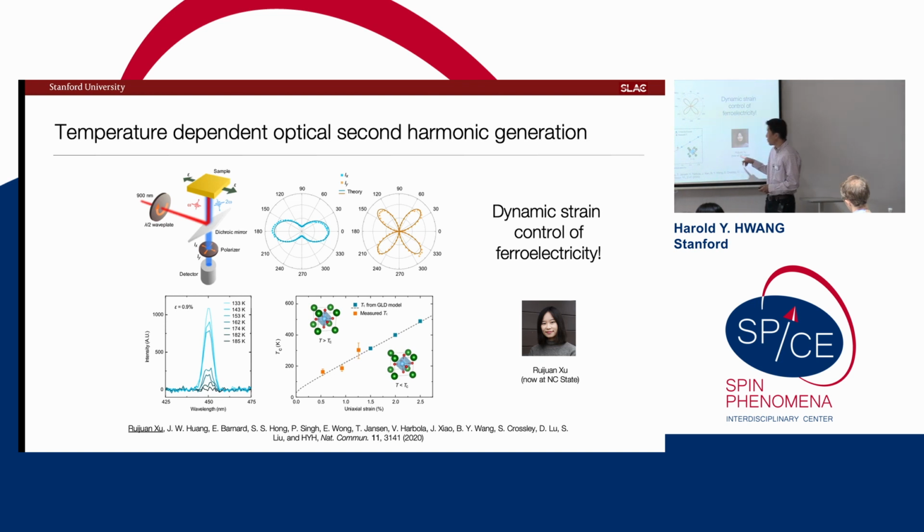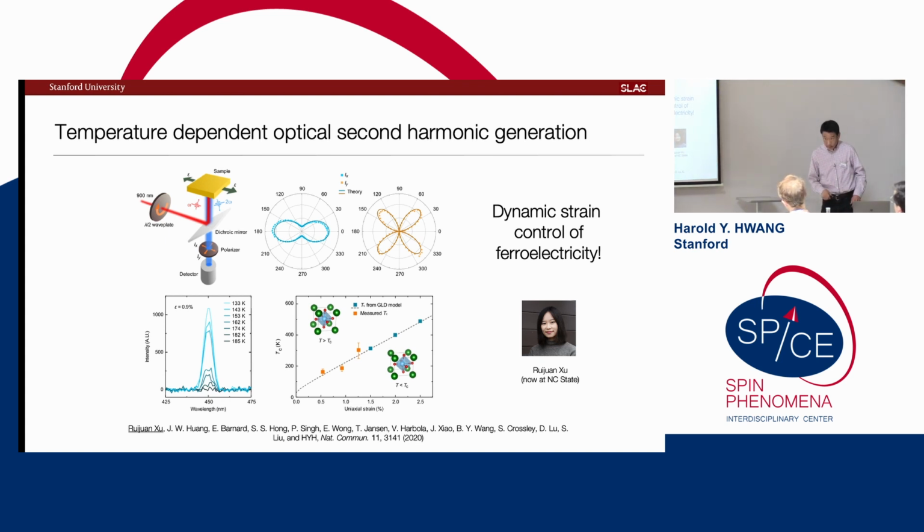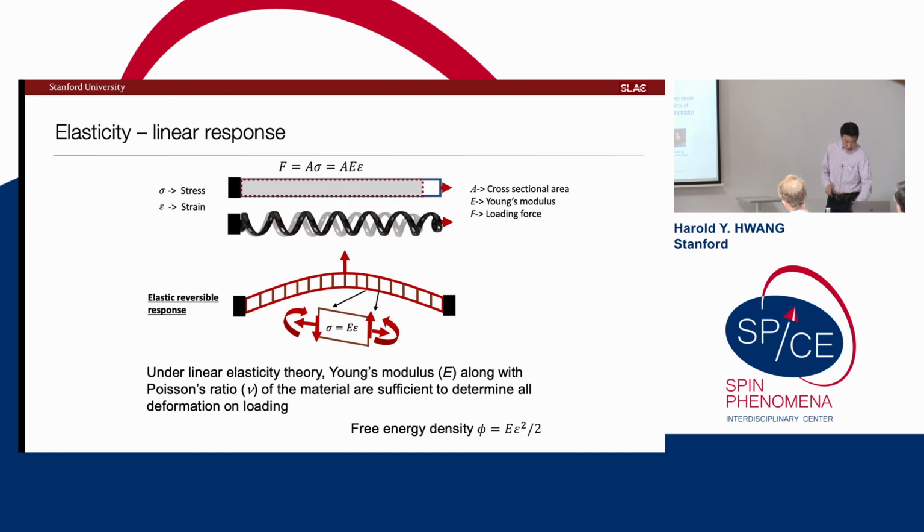In this case, Hwang was using second harmonic generation to probe this usefully over a wide range of temperatures. We can really go from basically 0 to, by extrapolation, about 500 Kelvin ferroelectric transitions by about 2.5% strain. So again, a fairly flexible platform. Again, you can cut me off.